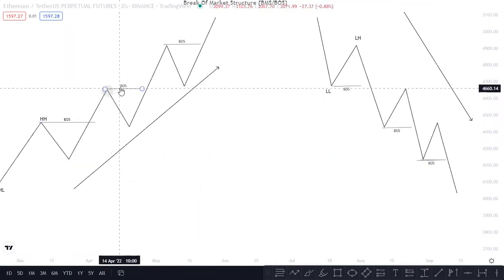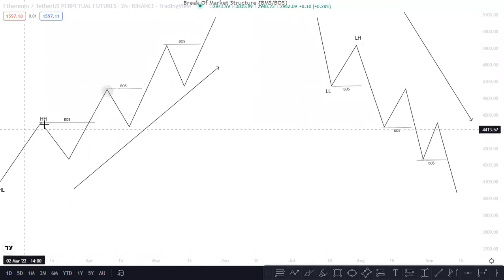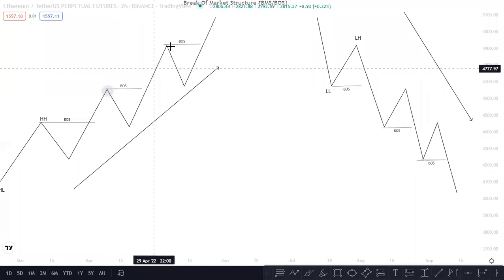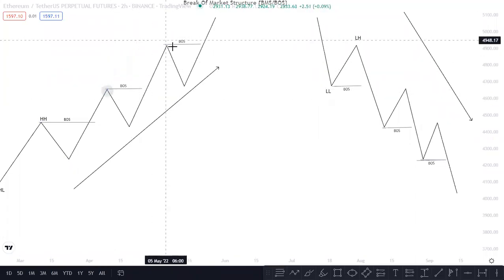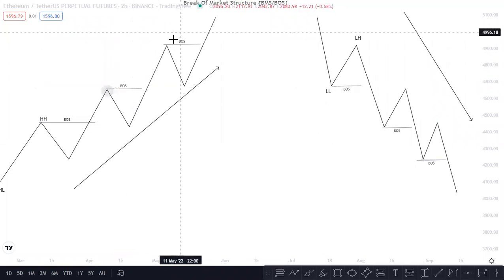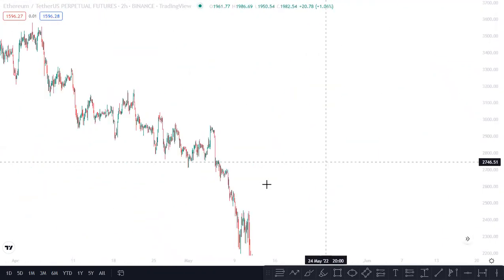to form a new BOS, right here. So like what we have here, we break a previous high to form a new high. This new high now we get to break, when broken, right? To form another high. And all of these broken highs, you mark them as a BOS. Yeah. So let's dive into the chart.